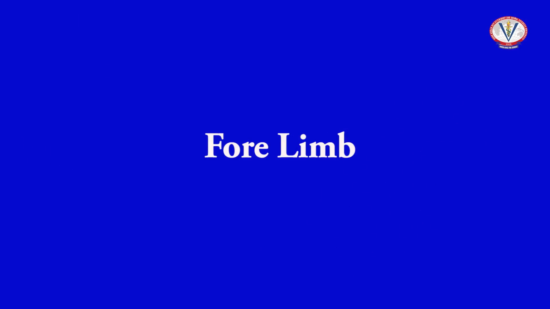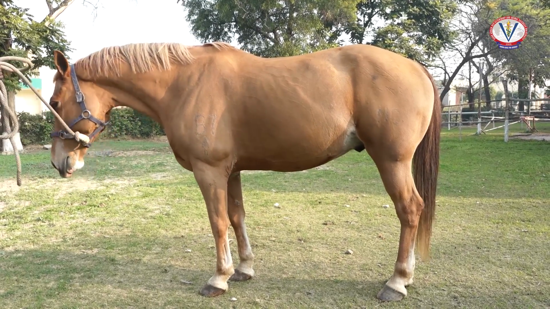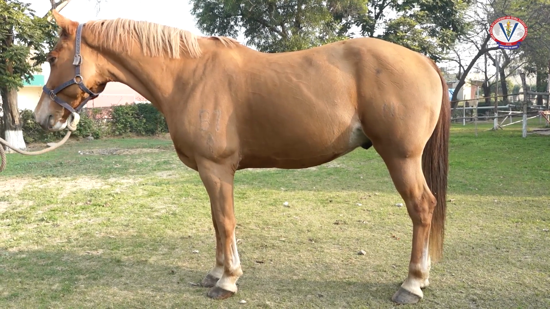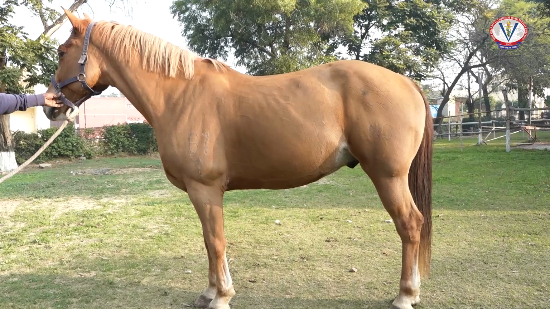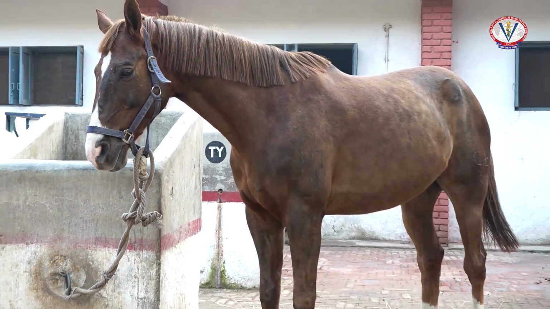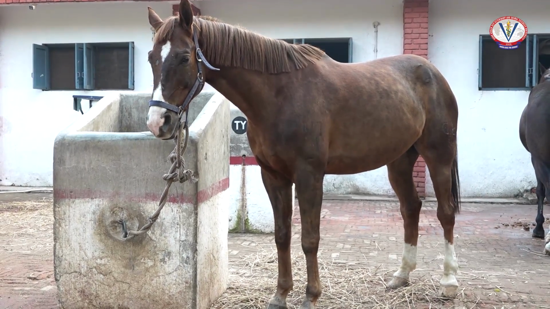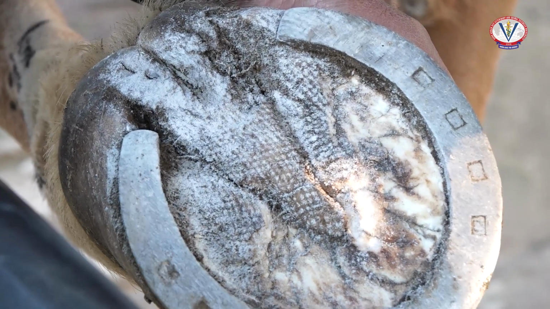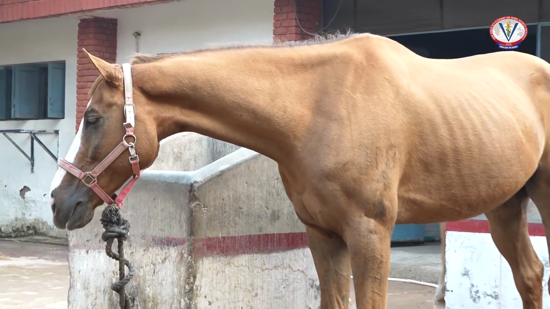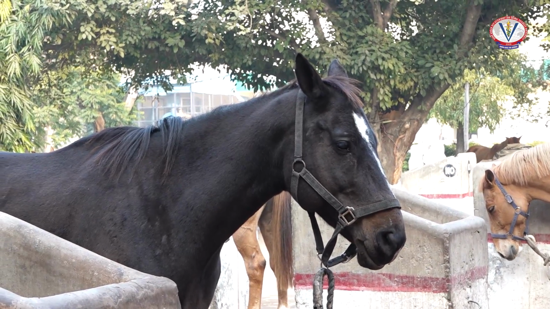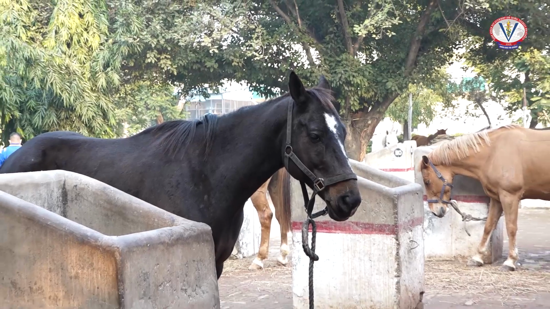The next segment is the forelimb. Regional anesthesia is a valuable tool for localizing the site of lameness, inducing pain to a particular area of a horse limb so that other diagnostic procedures can be performed more effectively and economically to identify the causes of lameness. In case of horses, 4 nerve blocks are performed more frequently starting from distal towards the proximal area of